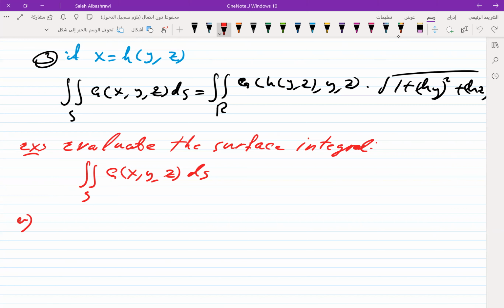The given g of x, y, z is equal to x, and S is the portion of the cylinder